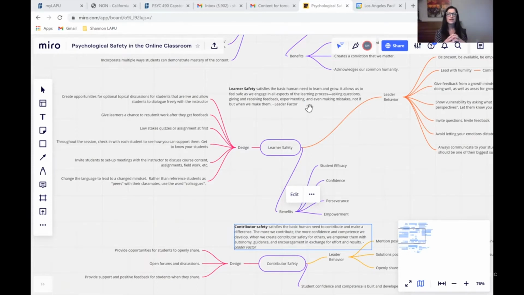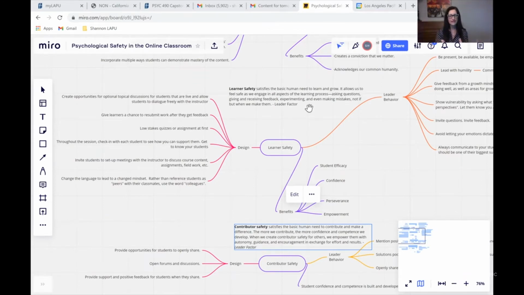So how do we create an environment and a culture within our classroom where students feel safe to ask the questions to the professor, to take risks, to be themselves in a discussion forum where maybe they stand alone on a subject and everyone else has a different viewpoint, but they feel safe enough in that environment to be able to stand alone and have different perspectives? How can we create an environment where a student feels safe to ask a professor about the feedback and maybe even disagree with a grade?